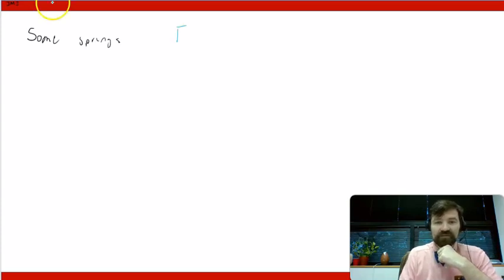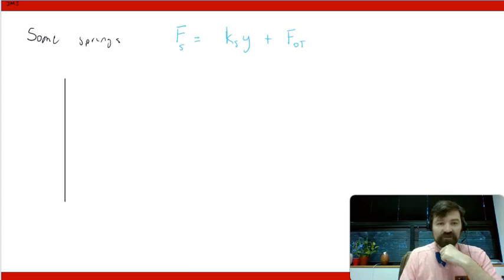Now, a real spring often has an additional property. This spring's pretty close to ideal in this sense. But a lot of real springs are wound tightly enough that you can start adding weight and nothing happens to them. So some springs basically end up with an equation that says F spring is ks times y plus some initial internal tension. And that means that if I was going to go and plot the force versus displacement for those springs,